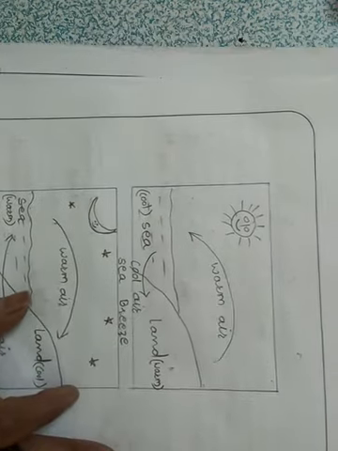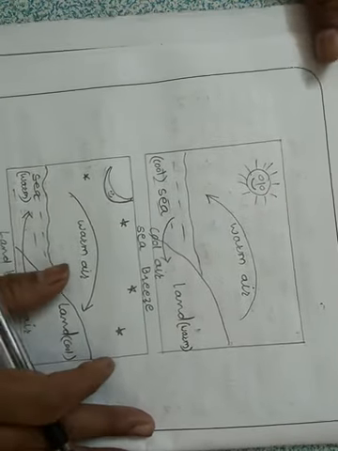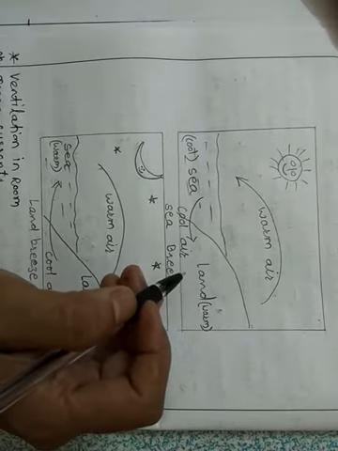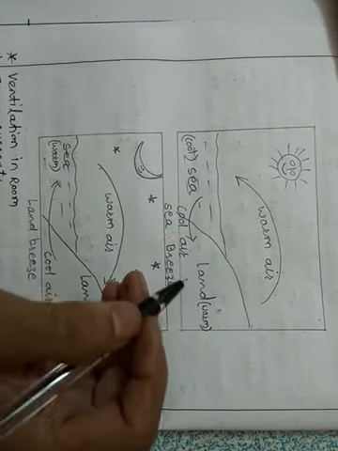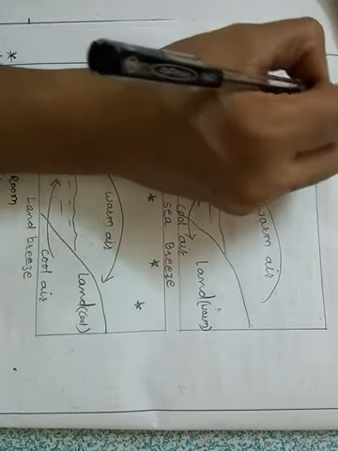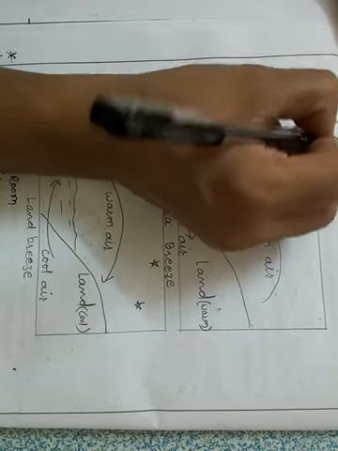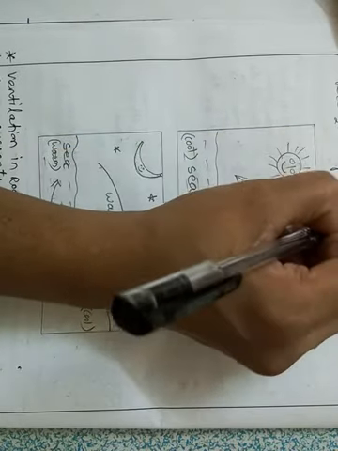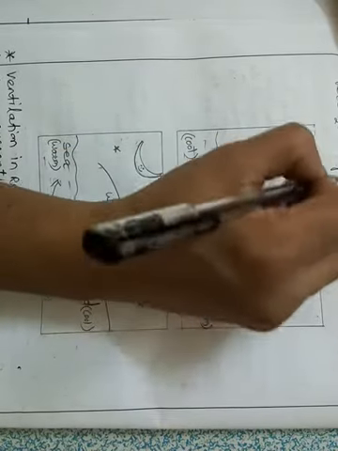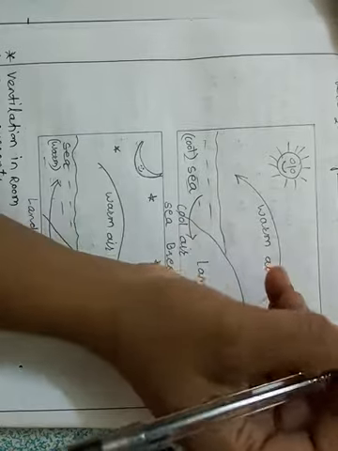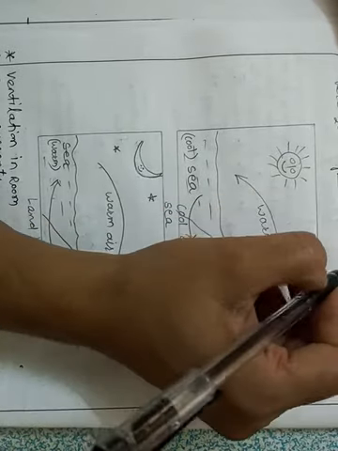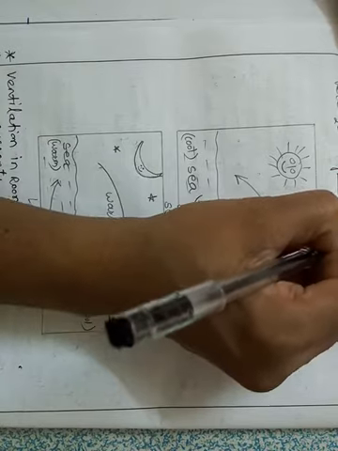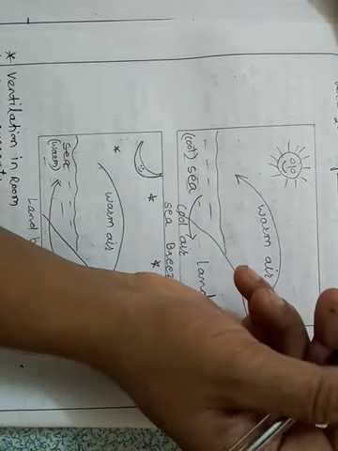You must have read it in your previous classes, that is in class 6th also, right? So what is a breeze? The first thing, what is a breeze? Breeze means gentle wind. Gentle wind means slow or soothing or pleasant. Okay, gentle wind is known as breeze.